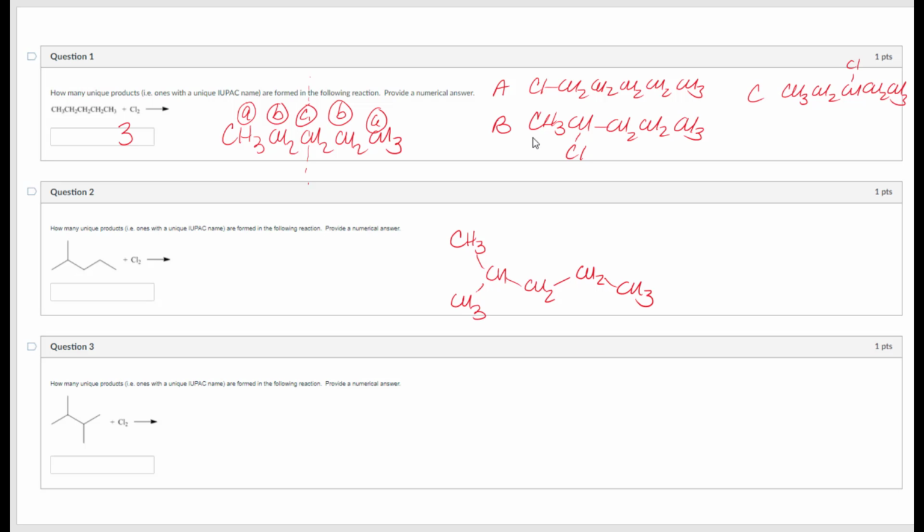So how many unique products are here? Well, we've got these two CH3s would both give product A. And then the CH would give us product B, and the CH2 would give us product C. So if I'm writing product A, one of the things that I could do is I can actually draw this as a line bond structure. So there's product A. For product B, there's product B, the tertiary. Product C